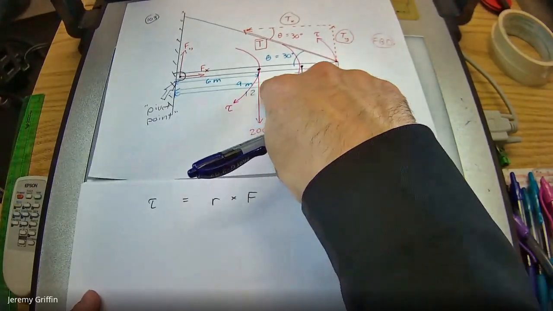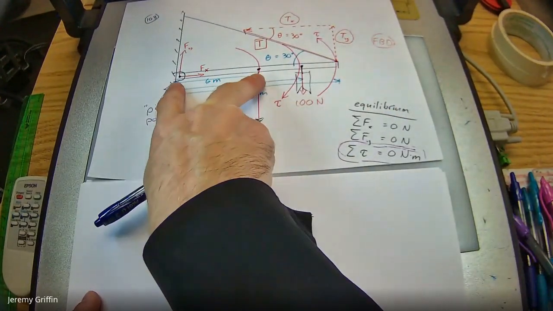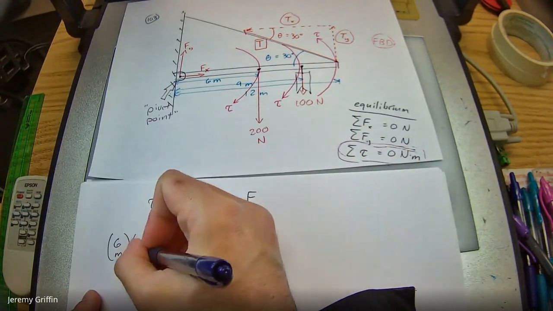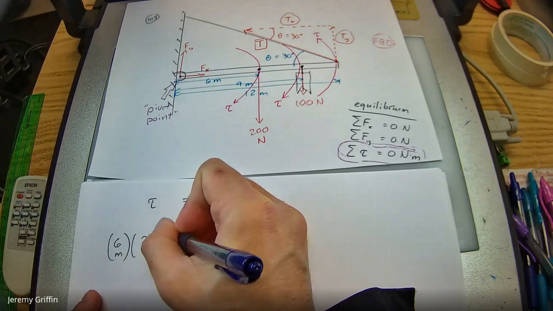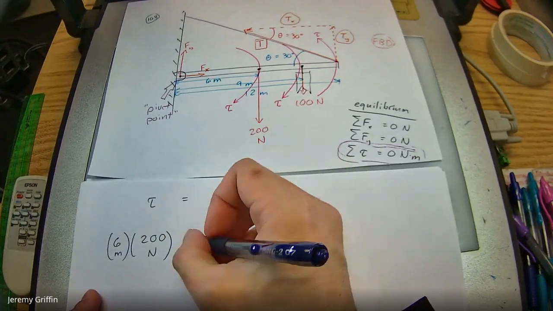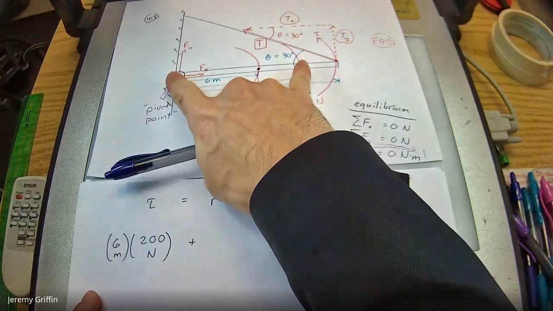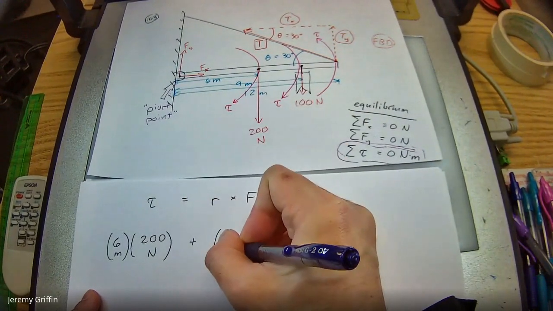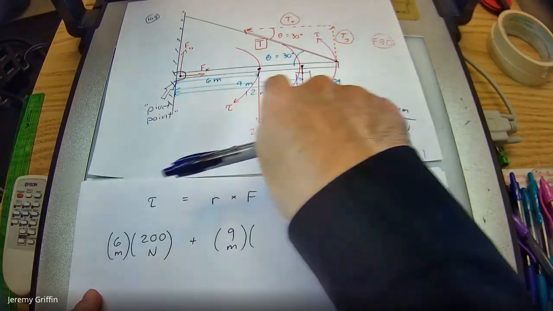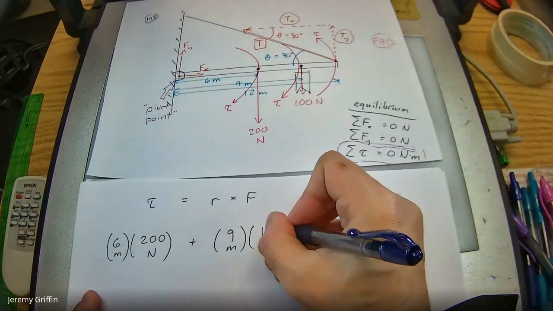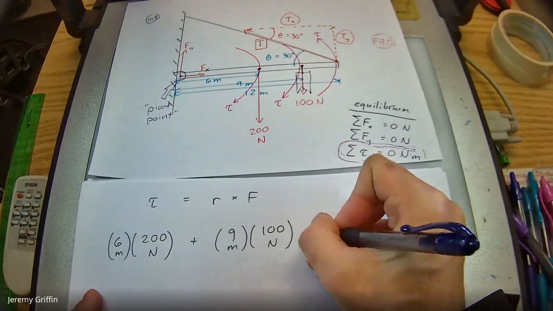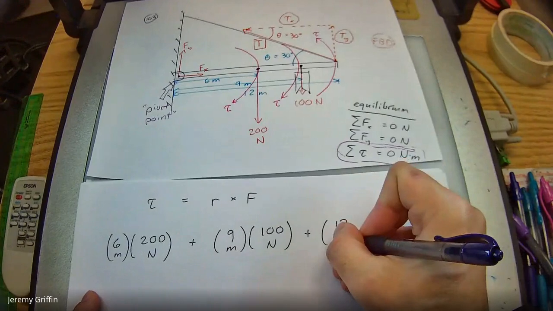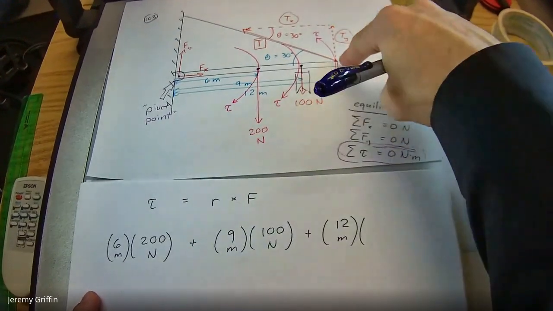Okay. So we got R cross F at the 6 meter mark. So 6 meters, I have 200 newtons of downforce. Maybe down is the positive direction, so the positive. So plus, at the 9 meter mark, I've got this banner that weighs 100 newtons. So at the 9 meter point from this pivot point, I've got 100 newtons of downforce. Okay. Plus, at the full 12 meter mark, 12 meters, I have, okay, now this is where the tension is